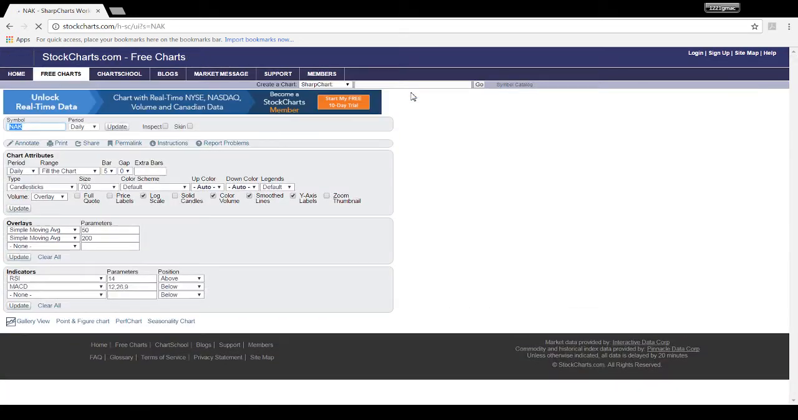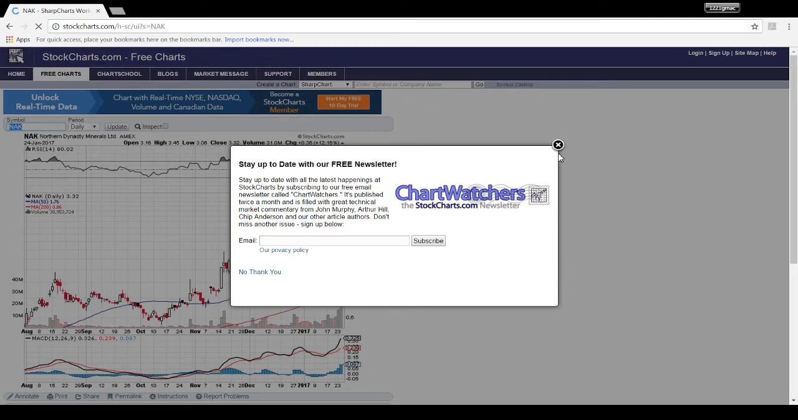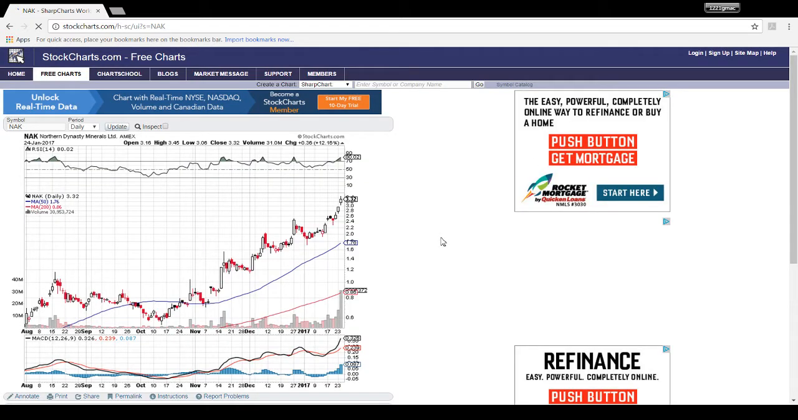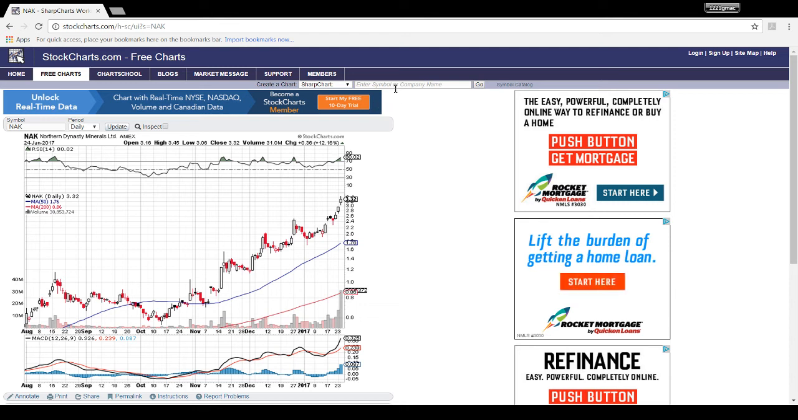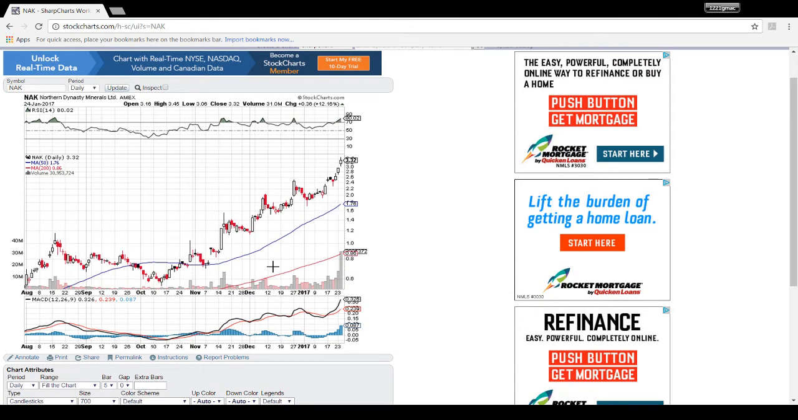It's in my watch list, which is NAK. So when you go to stockcharts.com, it's all free. You can do all this for free. You don't got to pay a dime for it. You basically just come to this area here, the enter symbol, and you're going to want to enter your ticker symbol, and the stock always comes up like this. It'll have candlesticks,